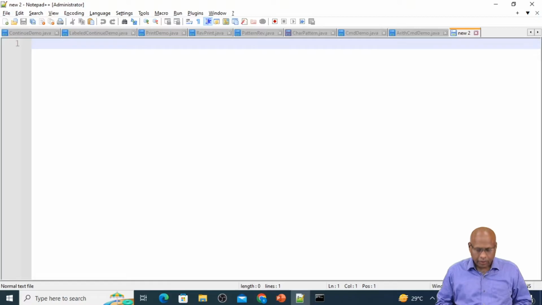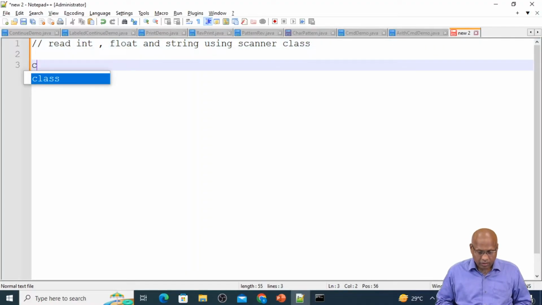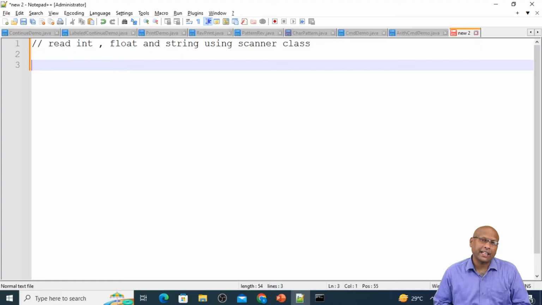Please observe here. Here my goal is what? Read the integer, float and string using the scanner class. So if you are using the scanner class, first of all you have to import it. Import